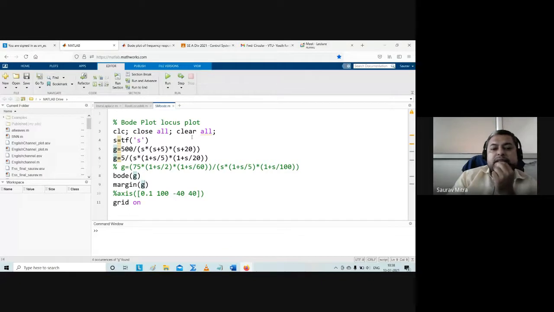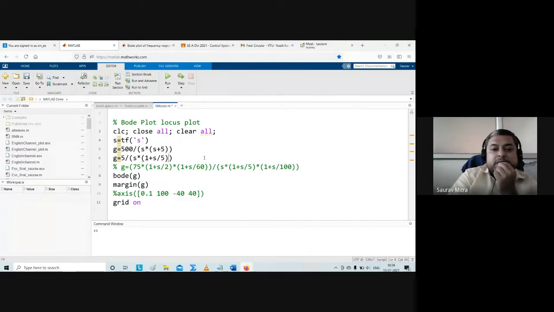So the total phase at omega equal to infinity, omega tends to infinity, you will find the total phase going to minus 270. That means the minus 180 degree line will be crossed by this Bode plot. That means there will be omega GC, the gain crossover frequency, and omega PC, the phase crossover frequency. If I just remove this part, s plus 20, I have removed it.